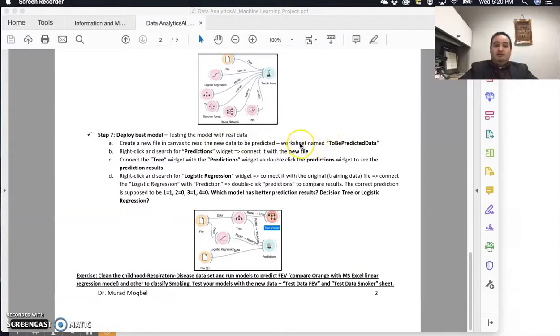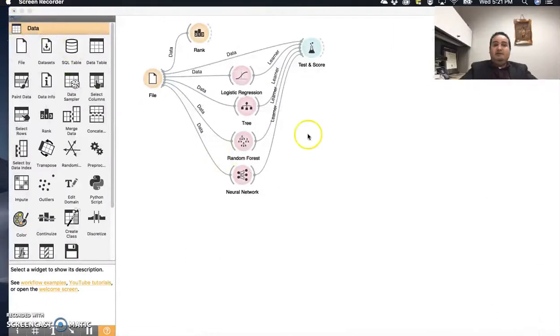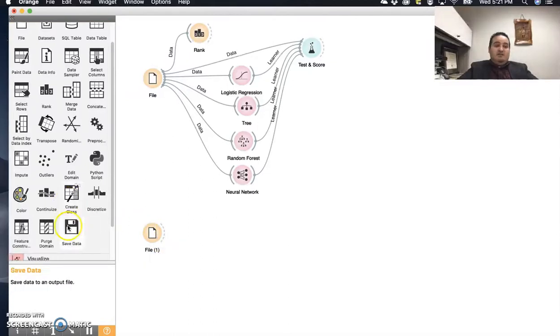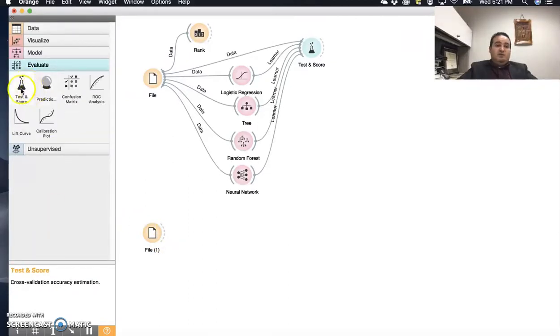So now we can decide. We already decided whether it was neural network or logistic regression had the most accurate classification. So now we can actually test with new data. To test with new data, I will just do those steps that we mentioned here. To test new data, we will need to bring that new data here into a new file, and then we need to go to evaluate and have the prediction